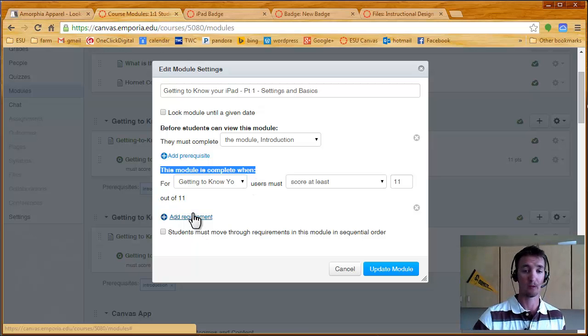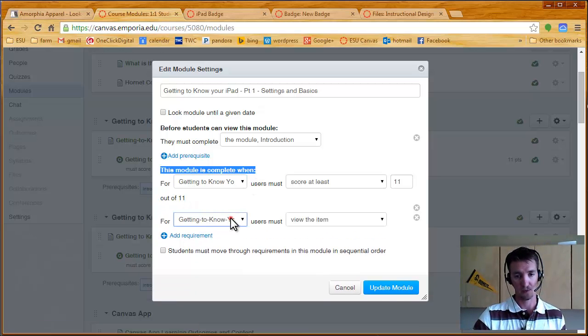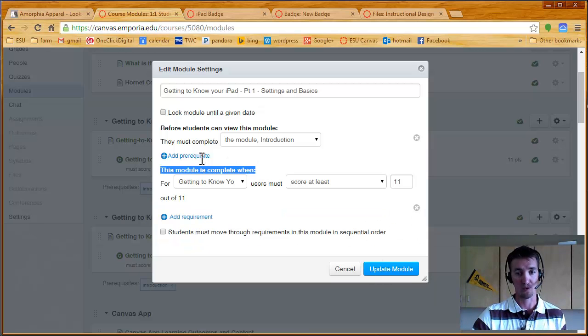I could also add requirements here. So there's a page, they have to view the page or they have to contribute to the page in order to earn the badge. So again, it's whatever level of interaction you want to require, and then just make sure students know that. So with that set,